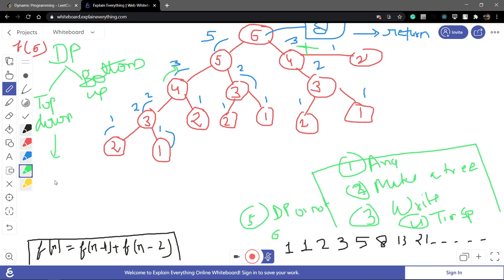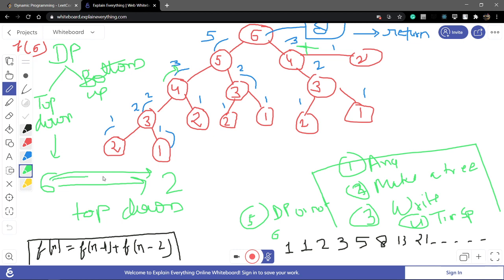Top down: like we have to find the sixth element. So firstly I go to the base condition, that is 2, that is, top to down. That approach is called the top down approach, because in this question I have to find the sixth element, so we first need to find the fifth element, for that the fourth element, then 3, then 2.